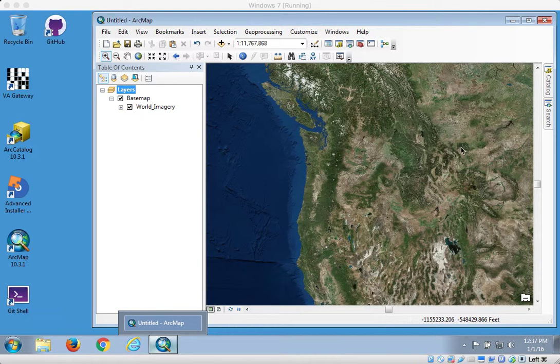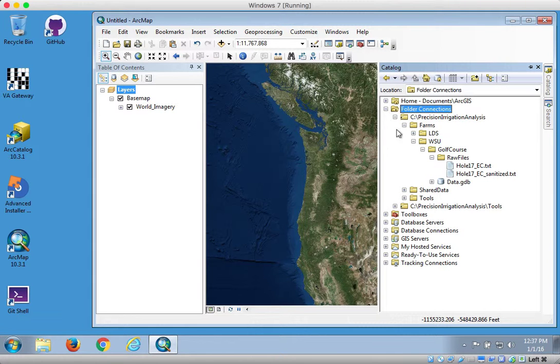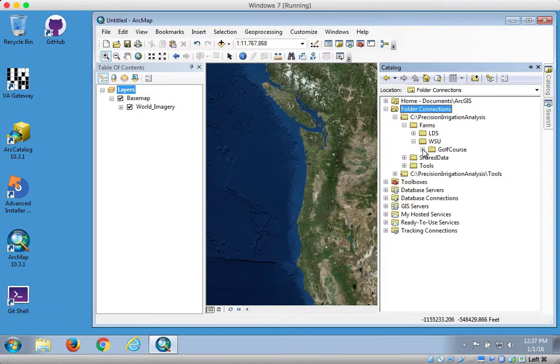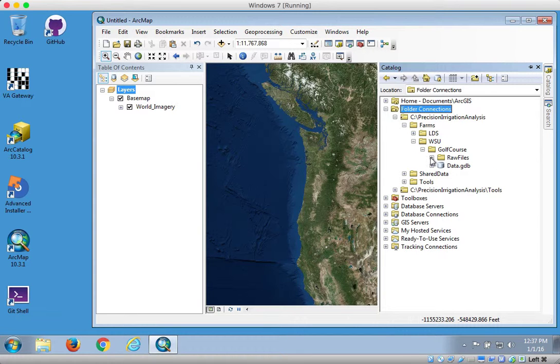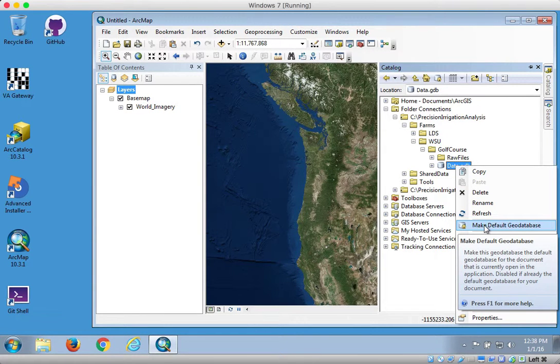Okay, so I'm just going to leave it at that view right now. A couple things I want to do here. I've got my data frame set up for my projection. I've loaded in my area photography. The next thing I want to do is come over to my catalog, and I want to establish my default data repository for this project. So I go to my folder connections, and I go to my WSU golf course folder, and remember that data set we created earlier. I'm going to right click on that file geodatabase and say make default geodatabase. So anything I do from now on,